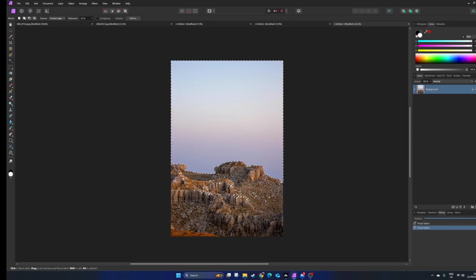Now I could switch to one of the other ones and remove that, but what I want to show you is contiguous. So if I click that, in this particular case, I want to select the sky, but I don't want to select any other areas, any separate areas. So let's clear the selection. I'll do exactly the same thing. I'll just pull down,